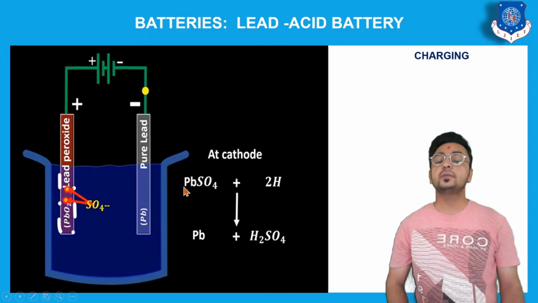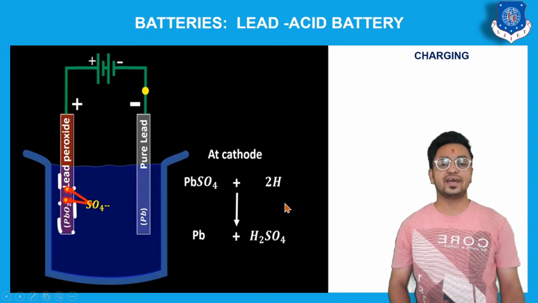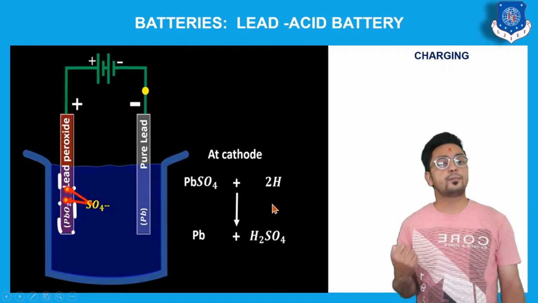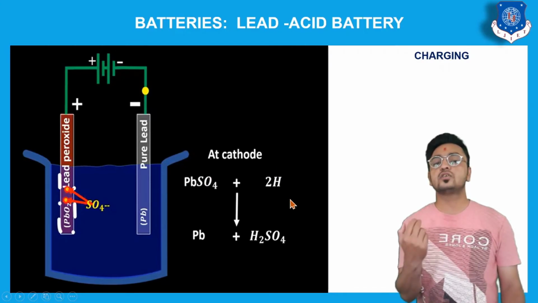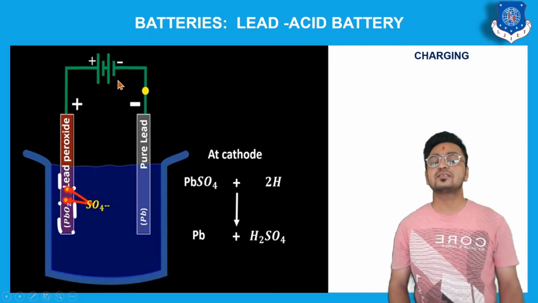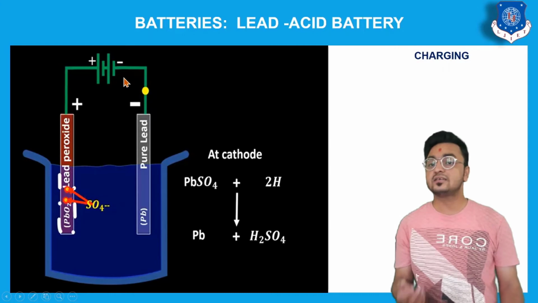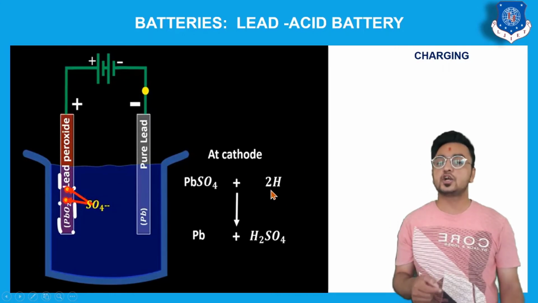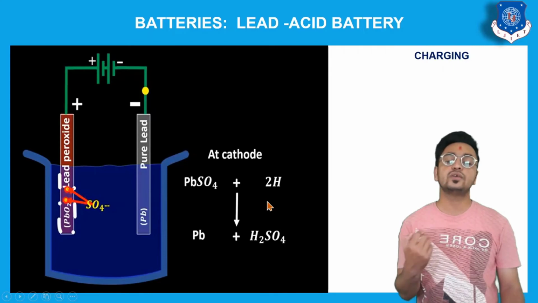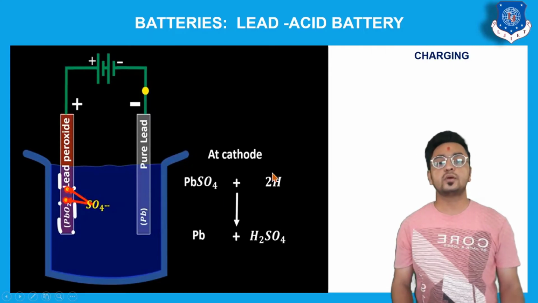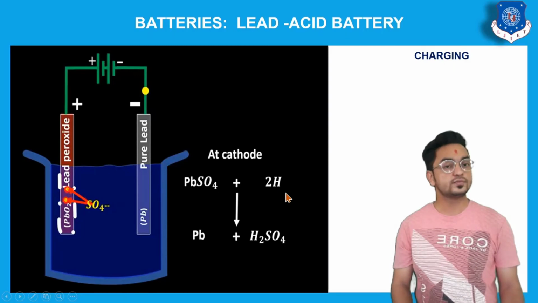Now this PbSO4 will react with these two hydrogen atoms. First of all, the hydrogen has a positive charge, but that will be collected by this negative terminal, as this negative terminal will provide the extra electron to this hydrogen. When this hydrogen gets the electron from the negative terminal, it will form a neutral hydrogen molecule, and when